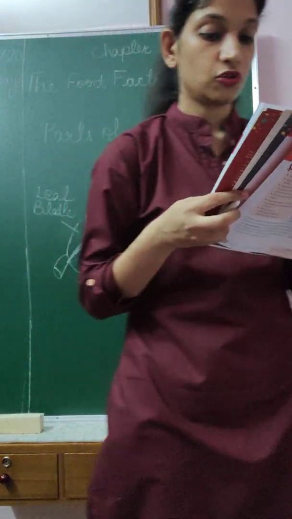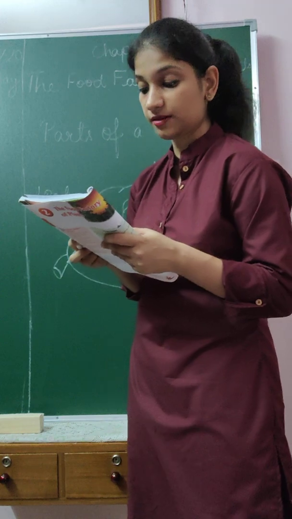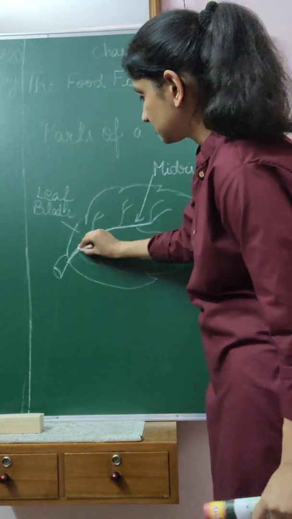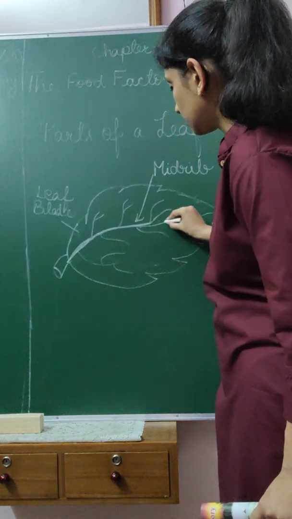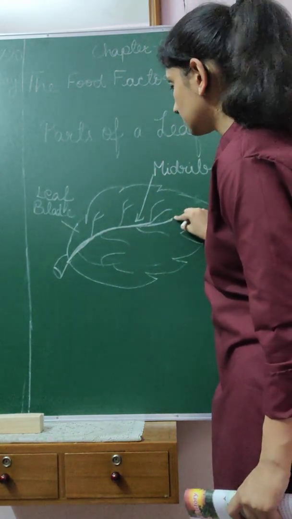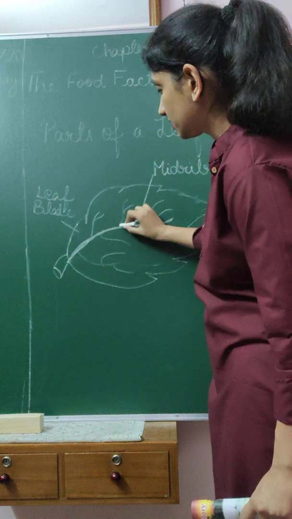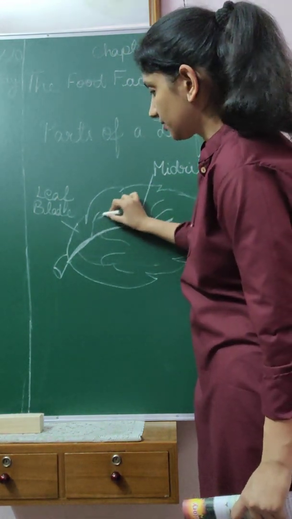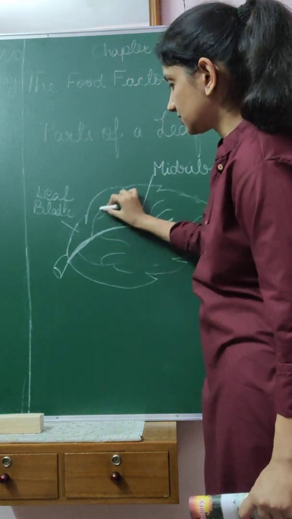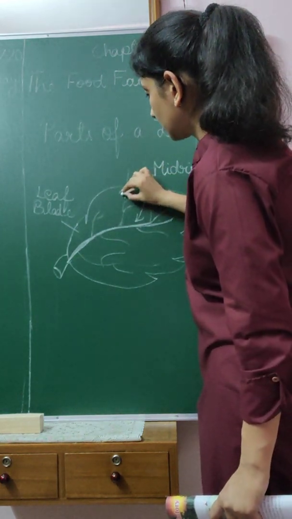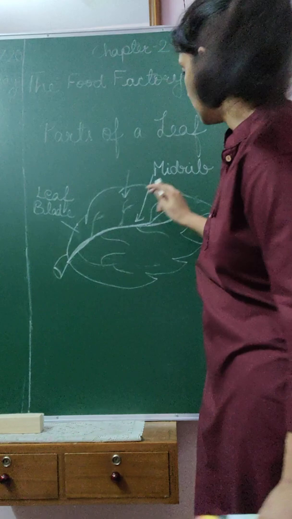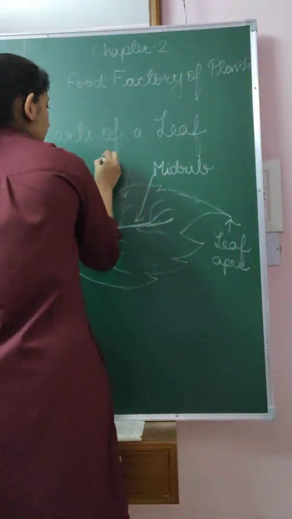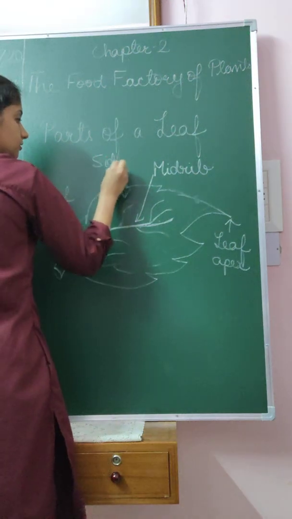Then some other small tubes that are attached to the midrib are called side veins. यानी इससे attached. This is the center. This is going through the center of the leaf. So this is the midrib. Now these small veins are also coming out of the midrib. इसमें से ये जो small veins निकल के आती हैं, उनको हम कहते हैं side veins. ये हो गई main vein, ये हो गई side veins. These are called side veins.